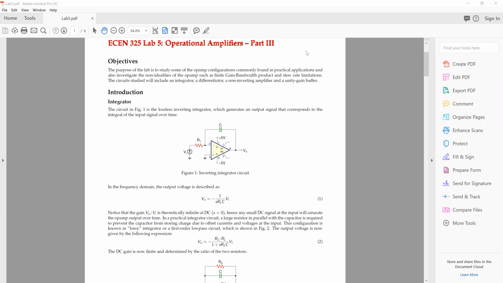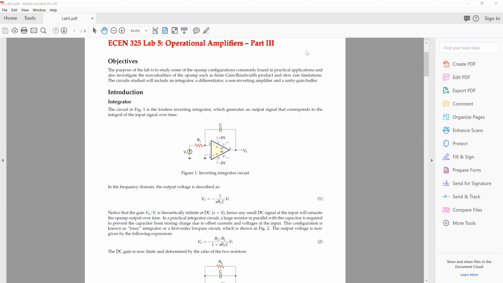In Lab 3, we learned how to build an inverting amplifier and a non-inverting amplifier, correct? And then in Lab 4, we learned how to use an op amp to add and subtract. And also at the same time, we also learned about the voltage followers, correct? Now in Lab 5, we basically would see how to create or how to build integrators and differentiators using op